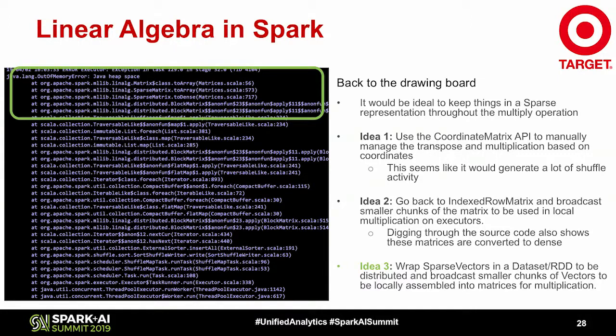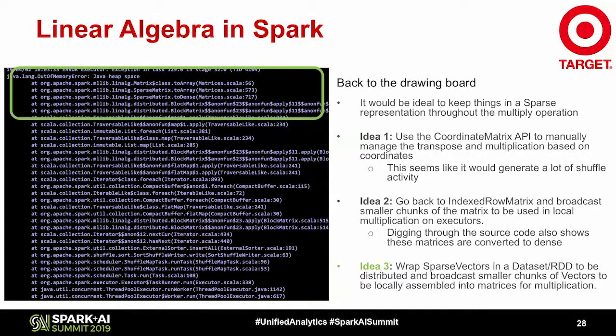But if you remember from the earlier slides, this operation of multiplication is going to be an n-squared operation. And so it's kind of like doing a self-join in Spark. If anyone's ever taken a big data set and then tried to join it to itself on some non-unique key, you most likely saw your cluster screech to a halt and job progress stall, because it's doing this many-to-many join, creating a huge shuffle stage. I was hoping to avoid this. There are some optimizations you can make to speed that sort of thing up, but I figured I would table idea one and keep it in my back pocket if nothing else shook out.